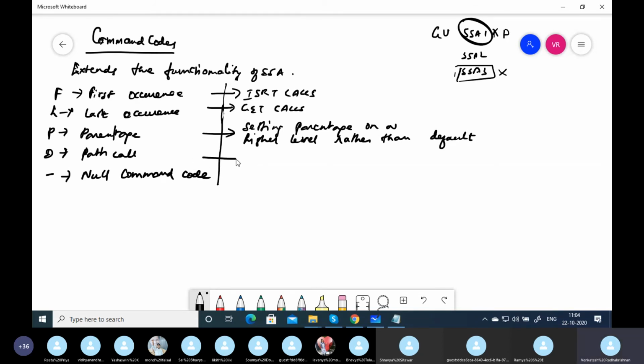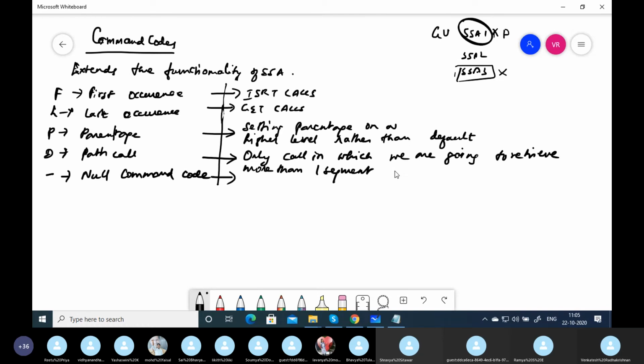Star P is rarely used. Path calls are very, very widely used. A path call is the call in which we retrieve more than one segment occurrence, meaning the entire hierarchical path.